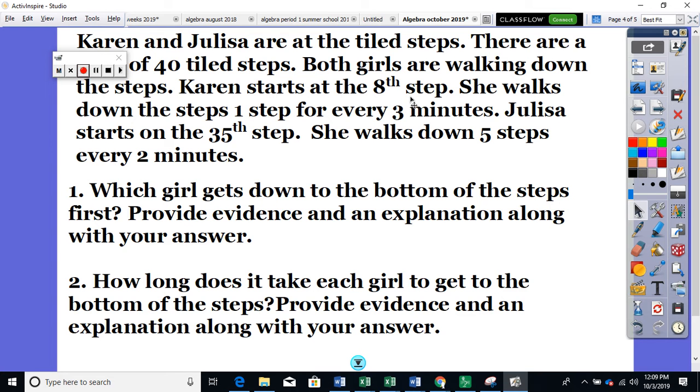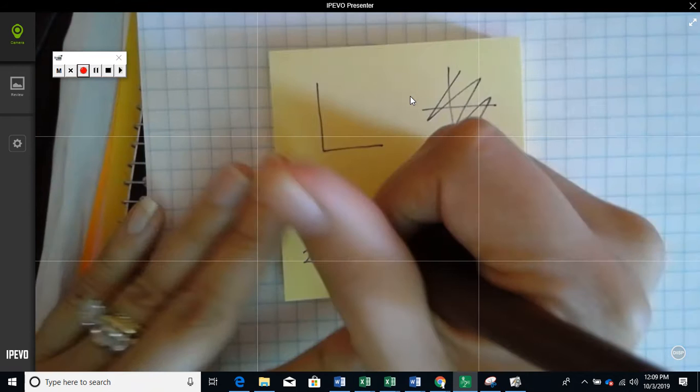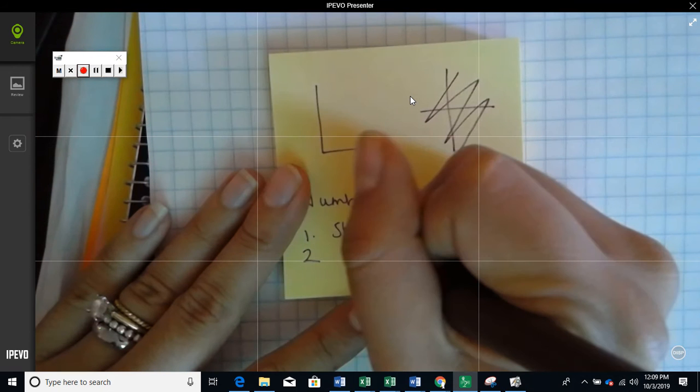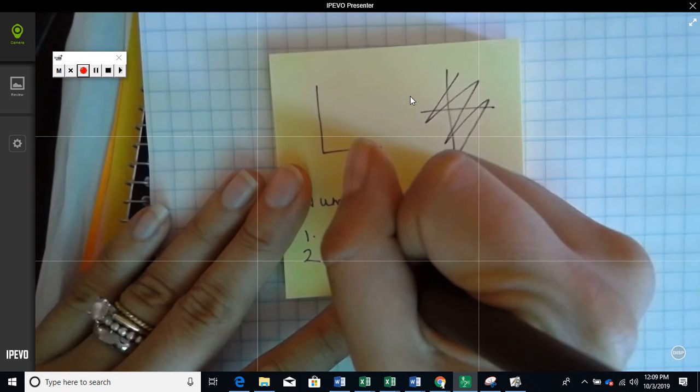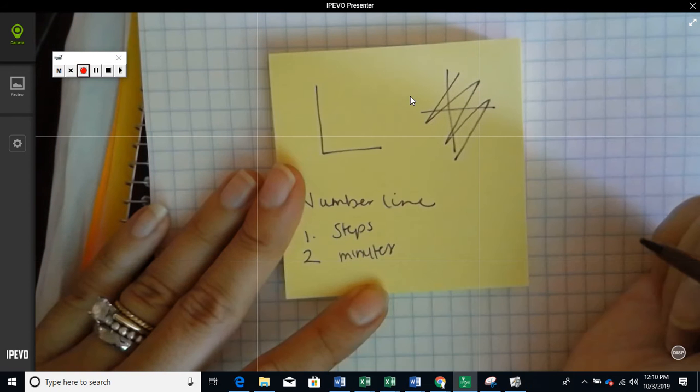And then the steps. So we're talking about the number of steps, and we're talking about the number of minutes. So depending on which one,